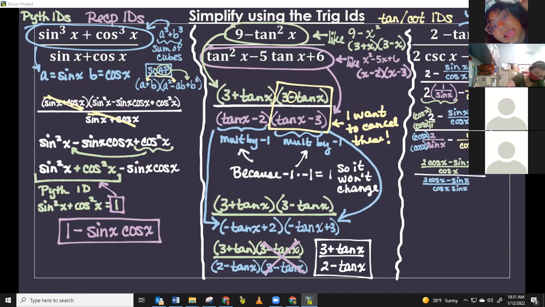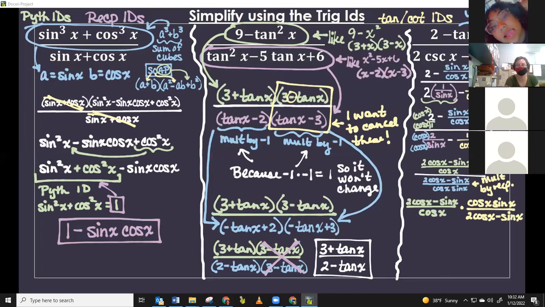We're going to multiply by the reciprocal of this denominator. All right, so that numerator, 2 cos x minus sine x over cos x. Reciprocal here is going to be cos x sine x over 2 cos x